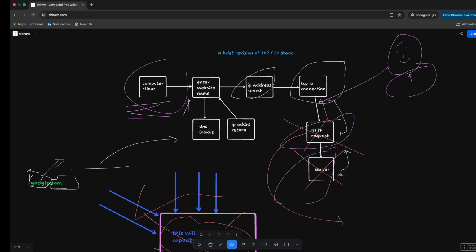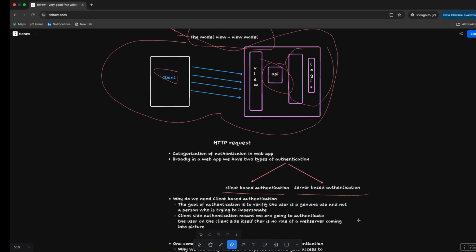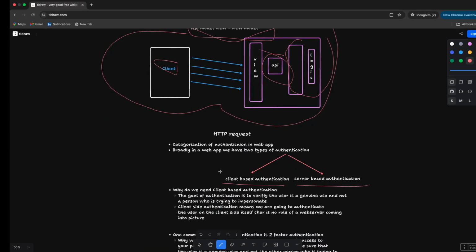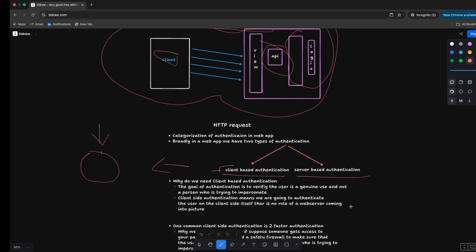Instead, we want everything to work as normal, and we don't want any sort of data to be lost. So then we do authentication on the client side. We say client-based authentication because all our logic related to the authentication will run, or be present, on the client side, and there is no involvement of the server here. Similarly, when we say server-based authentication,